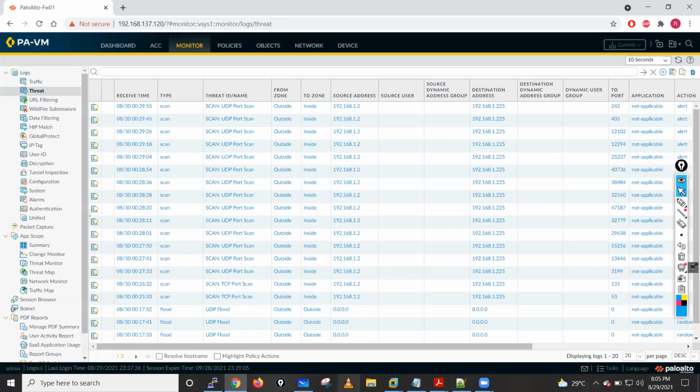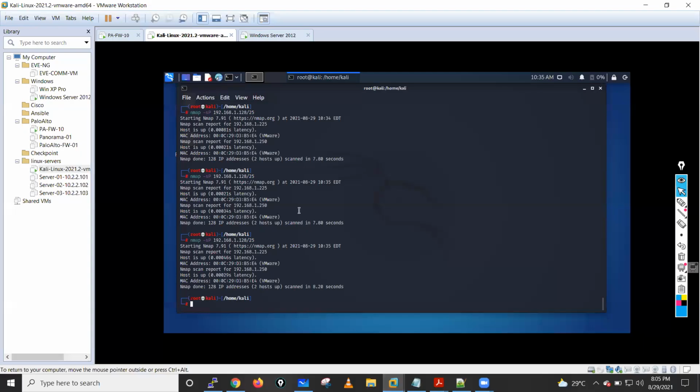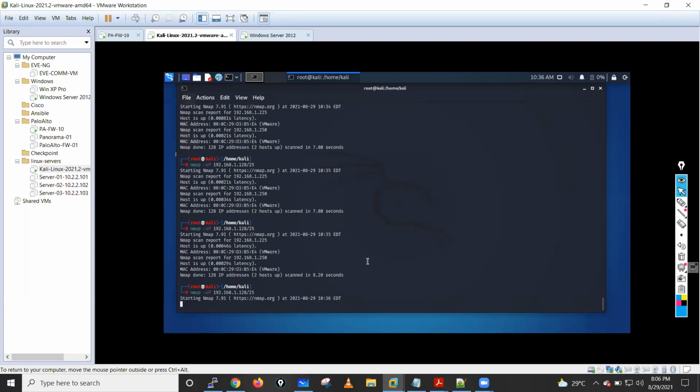Okay, not an issue. The thing is, I think I have to send the traffic directly to the firewall for that one. Okay, that may be the reason. So what can I do? Is there anything which I can launch? 225, it is sending the traffic for this IP. Okay,